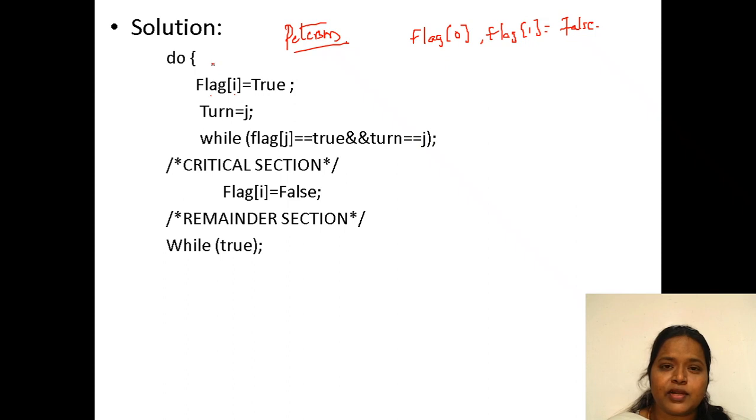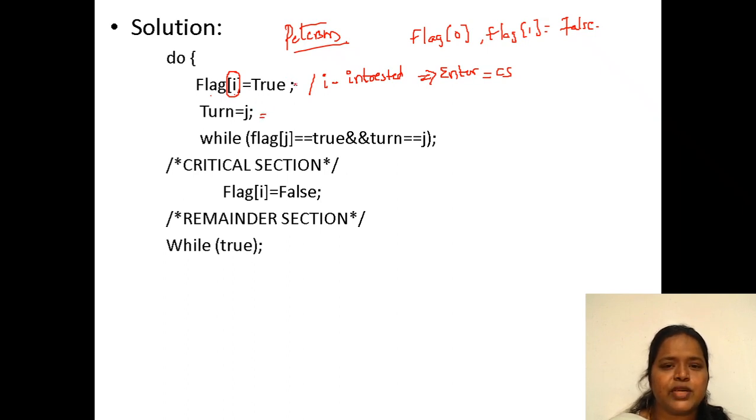Flag in the sense that this process i is interested to enter into the critical section. Flag indicates the process is interested to enter into the critical section.